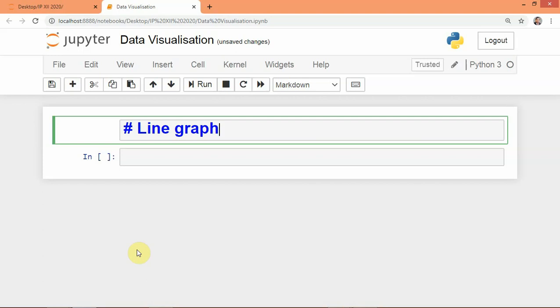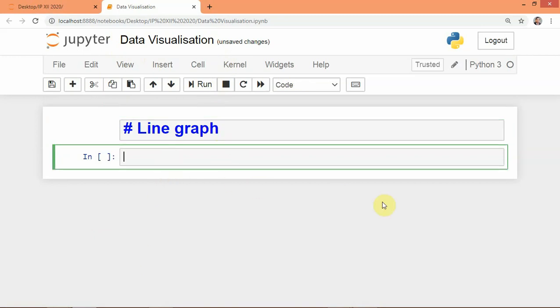This chapter is under what? We are studying under the data visualization chapter, and we are going to see a simple line graph.